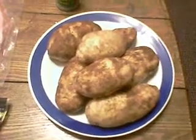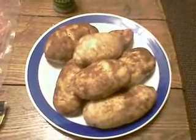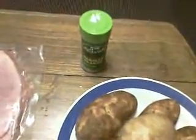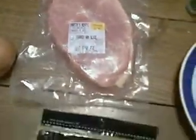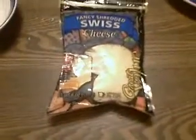Hi, today we're making scalloped potatoes with ham. We got 3 pounds of russet potatoes, 1 teaspoon of dried parsley, about a pound of sliced ham, 1.5 cups of shredded Swiss cheese,